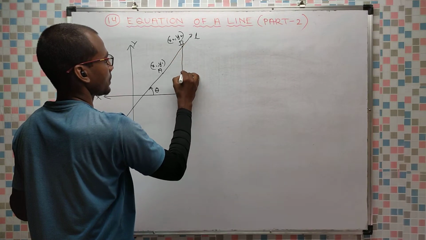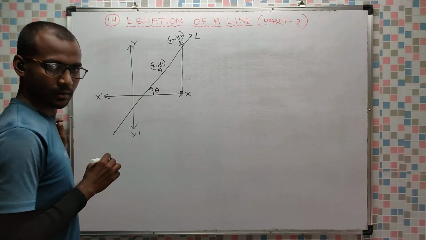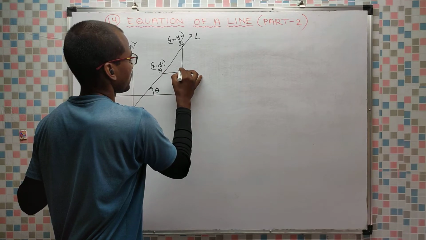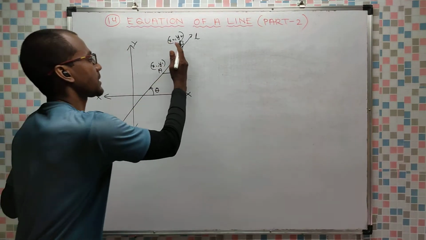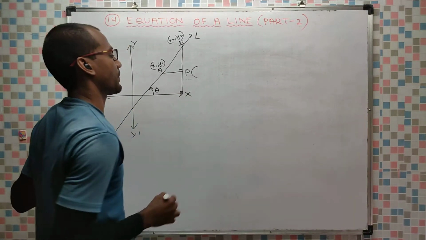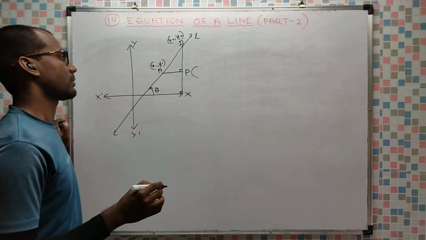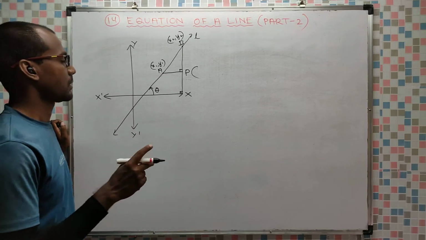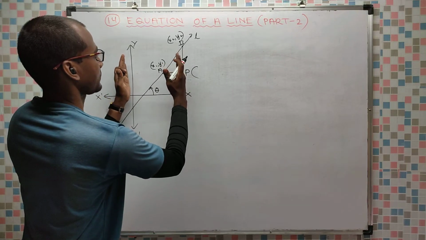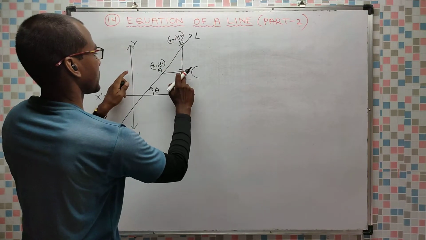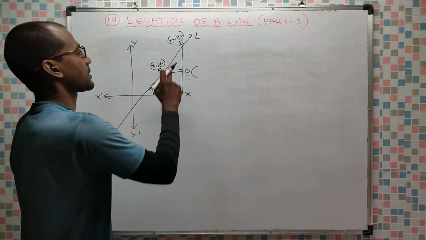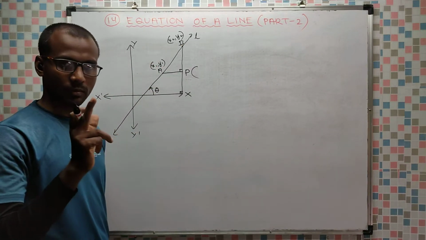From B, we will draw a perpendicular on the x-axis. From A, we will draw a line parallel to the x-axis, and it will be perpendicular to this new line. Let this point be P. Now what are the coordinates of point P? I have told you how to find x coordinate, y coordinate. X coordinate means the distance of a point from the y-axis. So x coordinate of point P means distance of point P from the y-axis, and this is equal to this, means the distance of point P from the y-axis is same as the distance of point B from the y-axis, means that x coordinate will be same.